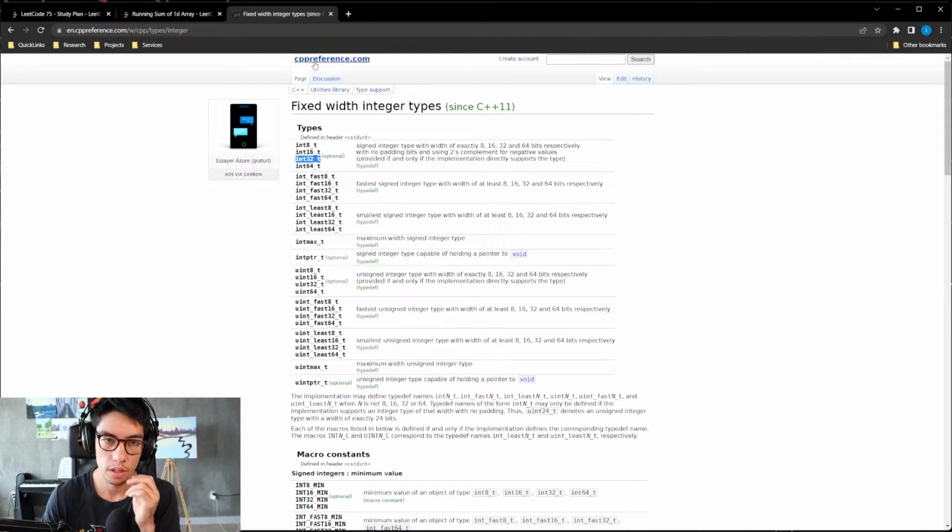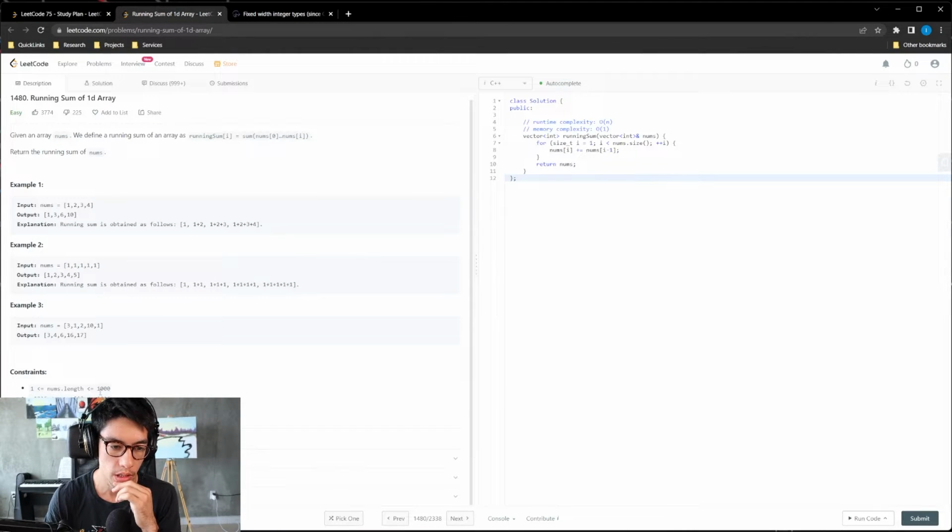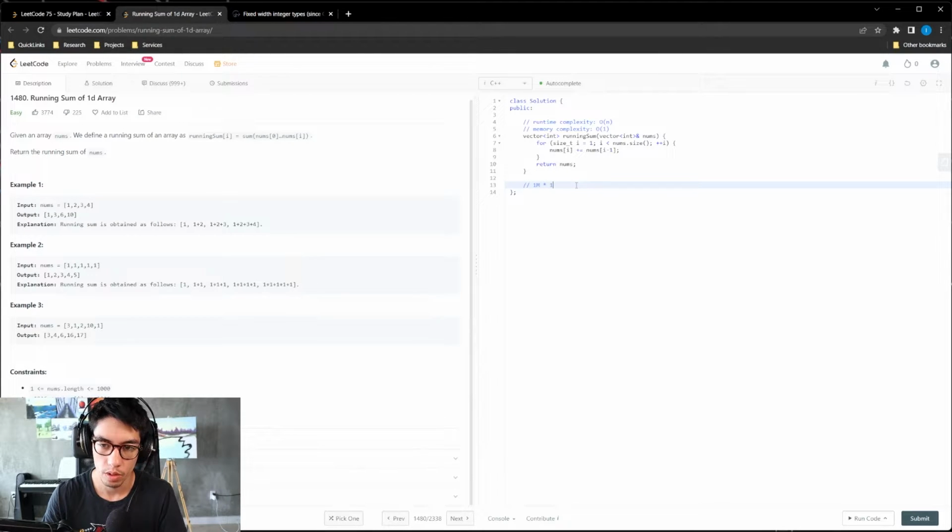If everything is a million, 1 million is the highest number, and multiplied by 1,000 is less than or equal to 1 billion, like 1,000 million.